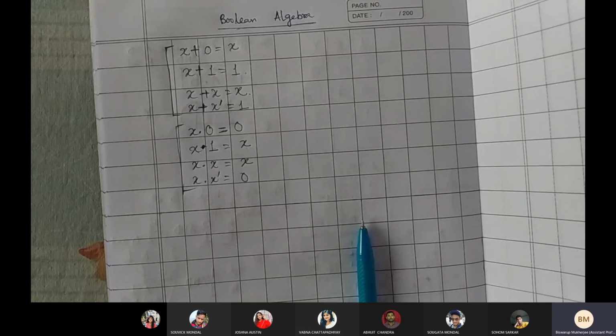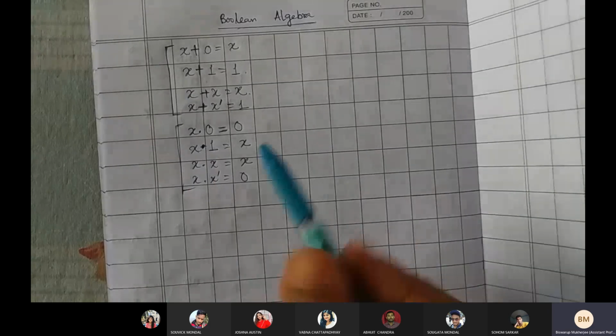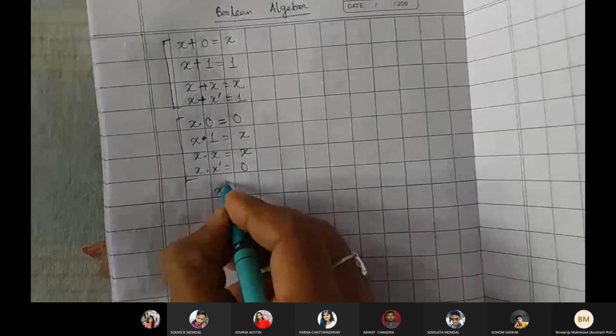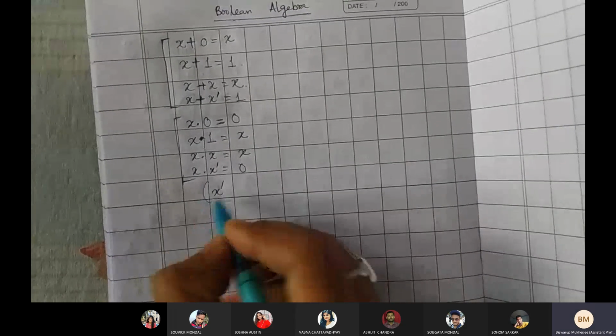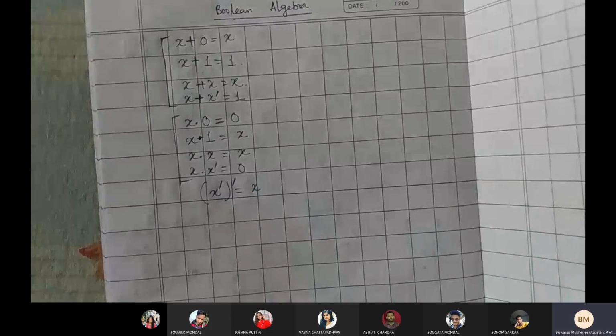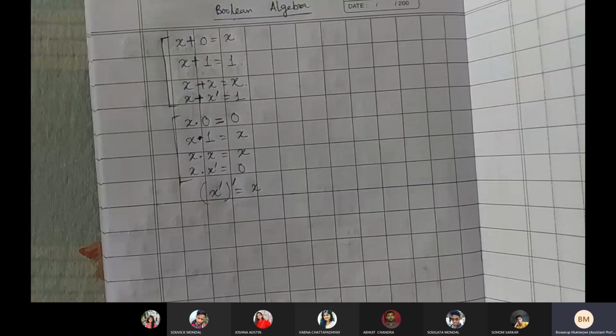Okay. Now again we know this also, we have done, that is x double bar or x complement of complement, that is equal to x, right? We have used already this one. If it is 0, then 0 complement is 1, and then again complement of 1 is equal to again 0, right? So x double bar is equal to x. Coming to the other laws,